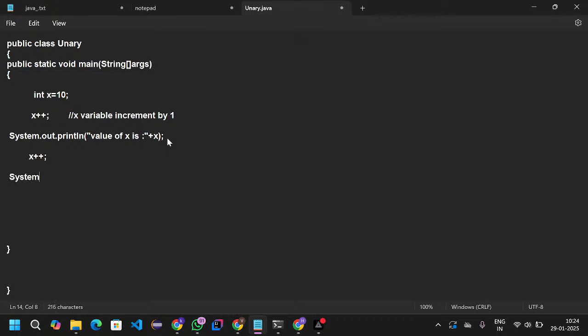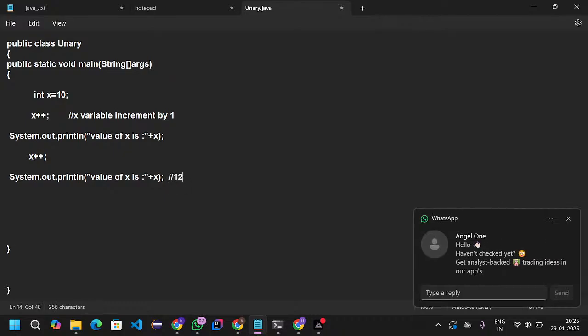Here also I would like to take System.out.println with the same approach. I would like to print the same statement here. In this case, how much value should I get? 12. Are you guys clear with my point? So plus plus means increment operator, the variable is incremented by 1. Here I will get the value 12,